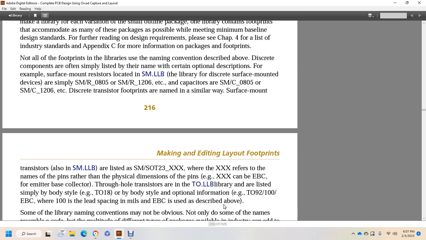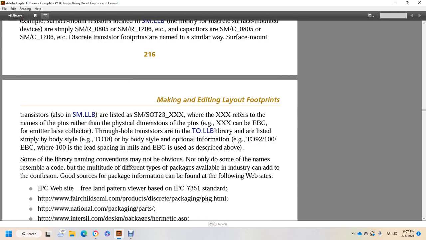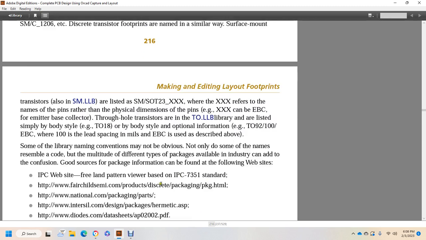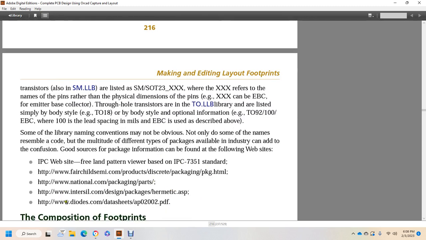EBC is the emitter base collector for the through-hole transistor, with the TO library. The through-hole transistor library is listed simply with the body style, such as TO18, with optional body style information, TO92 100, EBC emitter base collector with 100 mil lead spacing, and the EBCs as described above. Some of the library name conventions may not be obvious, and multiple different types of packages are available in the industry. Confusing package information can be found on the websites of the Institute for Printed Circuit Boards, Fairchild Semiconductor, National.com packaging, Intersil design packages, hermetic and diodes data sheets,